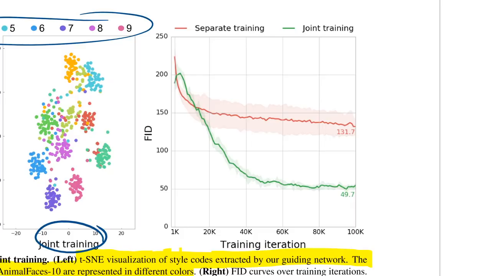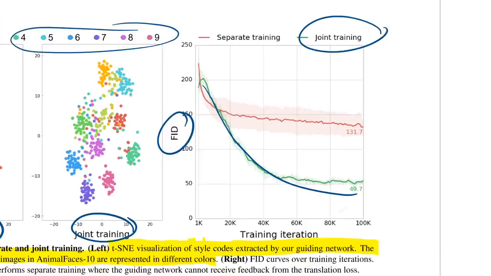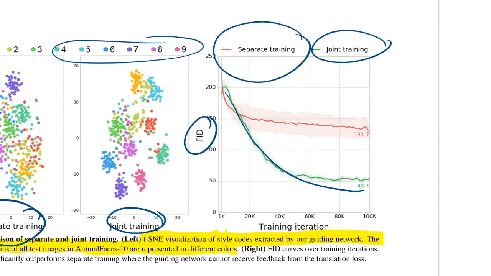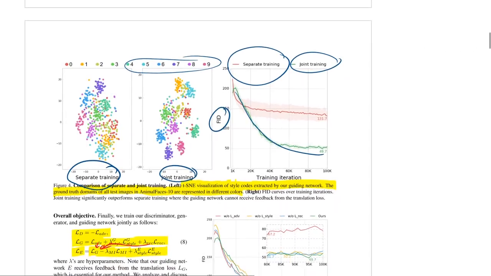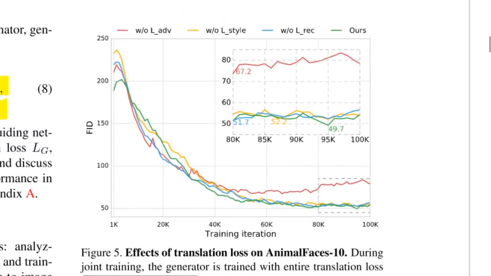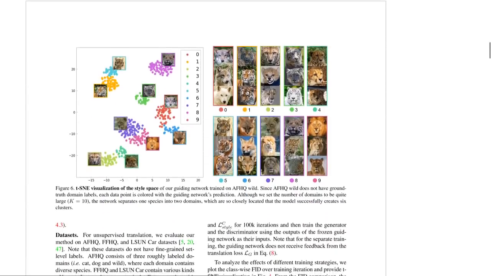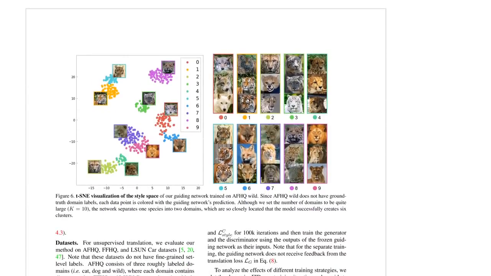In any case, they also show that the FID, which is a quality metric for GANs, lower is better, goes way lower with the joint training than with the separate training. Okay, that's the reason why they built this convoluted thing, because it works way better. And here they ablate some of the losses to investigate what's really going on. And in this case,